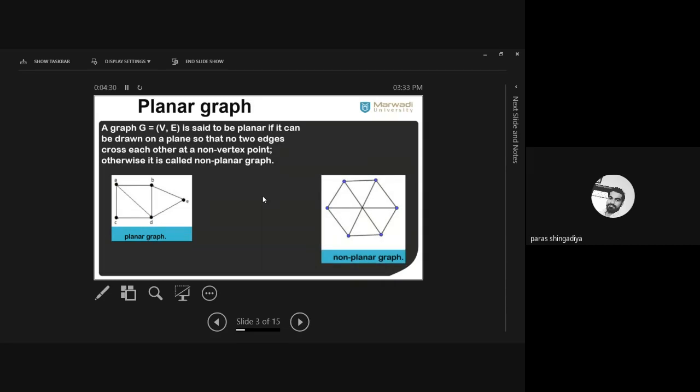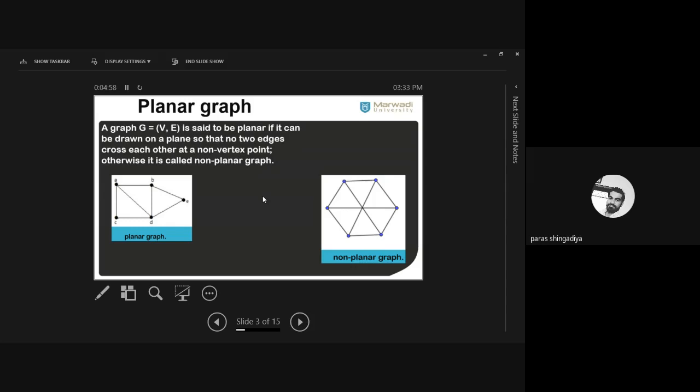Okay. Now, first the definitions. How can we define the planar graph situation? Here, you have some number of vertices and edges. So, if the situation is already created, then we have to check whether it is planar or not. Clear? If you develop new situations, then you have to use these definitions to create the planar situation. Okay? So, what is the definition of planar graph?